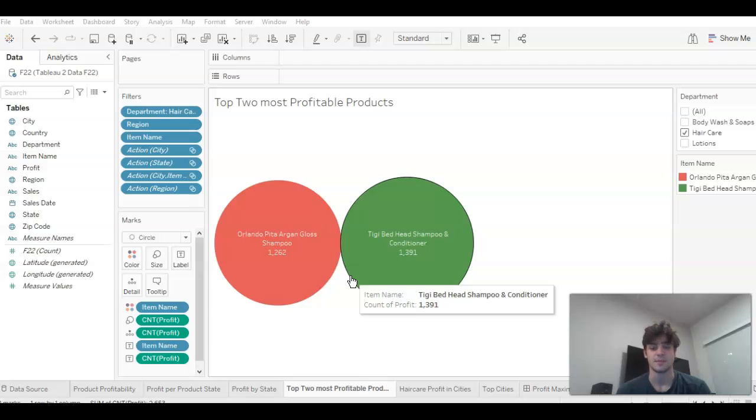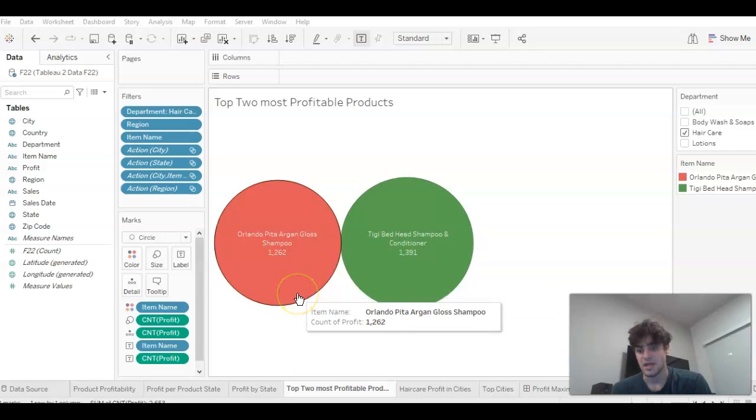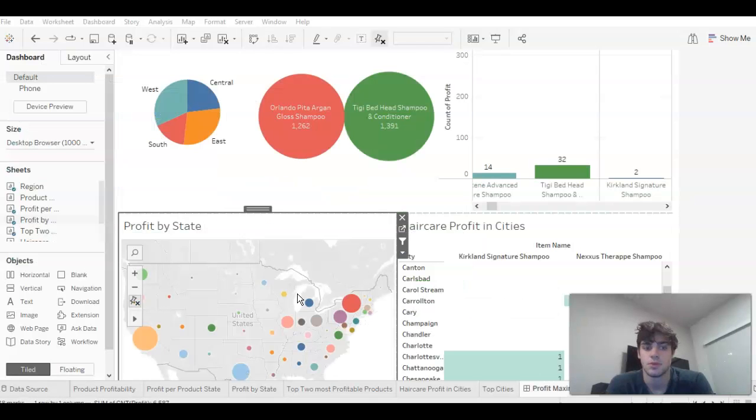So we don't want to be spending money on products that aren't generating that revenue. We want to make sure that we're spending money on the products that are generating the most revenue for our company. So as we're going through the dashboard, actually moving on into our dashboard, we're going to be able